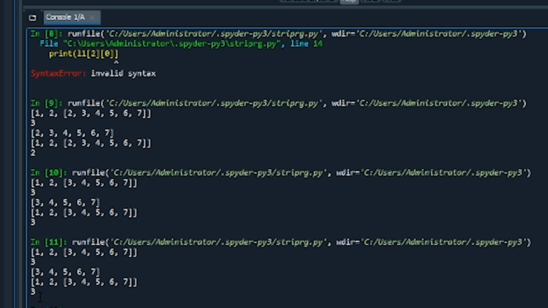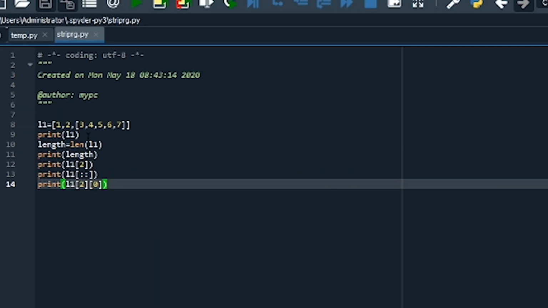So it is coming as 3. You can see that is the first element of the third element, that is the second index. As the third element of this original list is itself a list, we have to mention the second index and then the first index of the nested list.